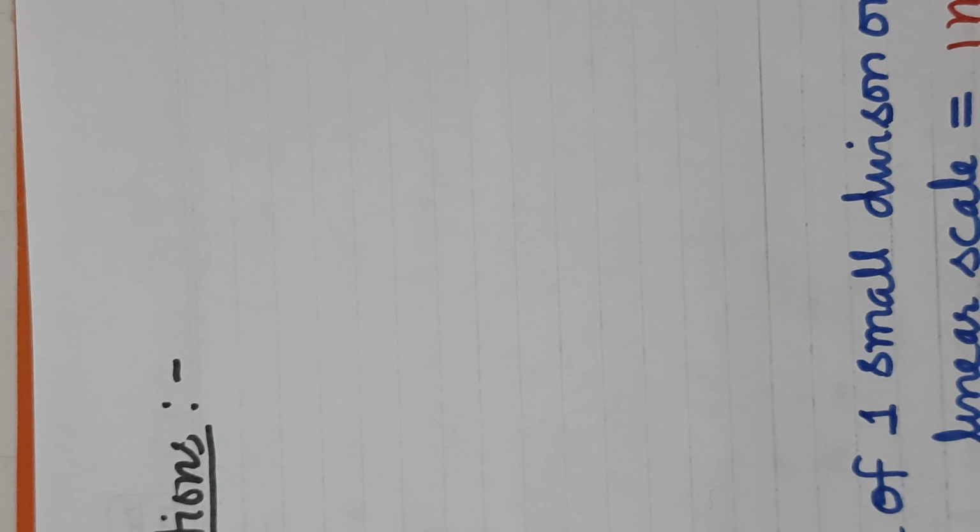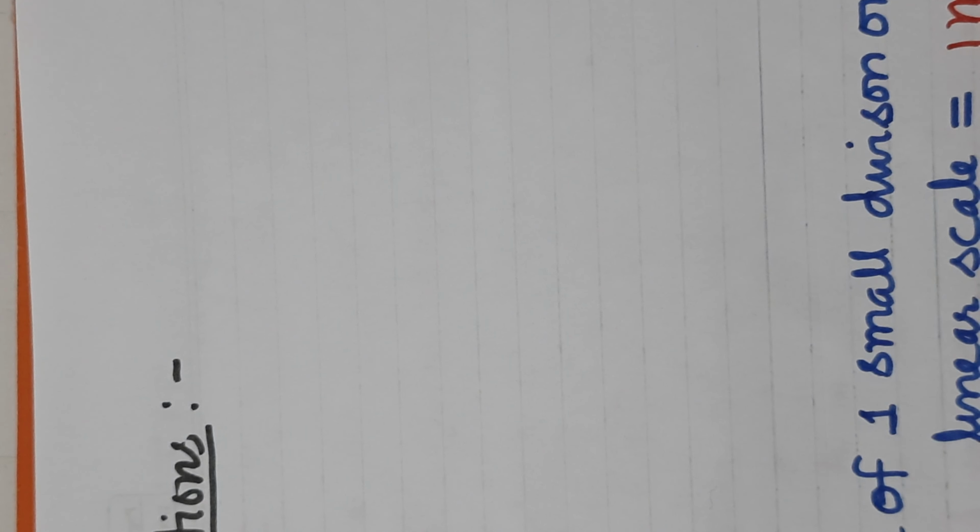Now you know that the least count is the pitch upon the number of circular scale divisions. Here it was not focused. Yes, now you can see once again: the value of one small division on the linear scale is 1 mm. How many complete rotations given to the circular scale? 2. The distance moved along the linear scale is 2 mm. So pitch equals 2 mm upon 2, that is 1 mm. It's clear. Now what will be the least count?